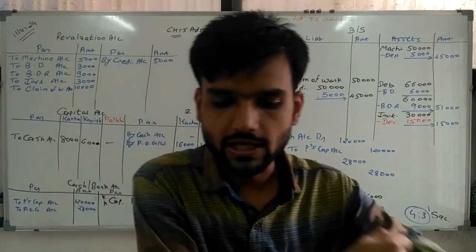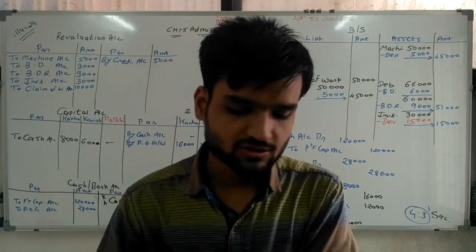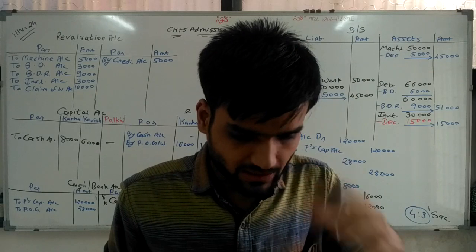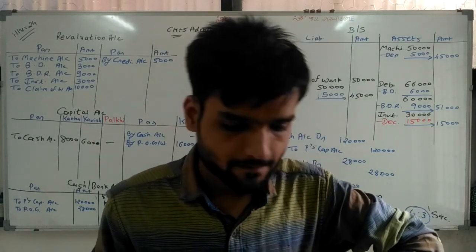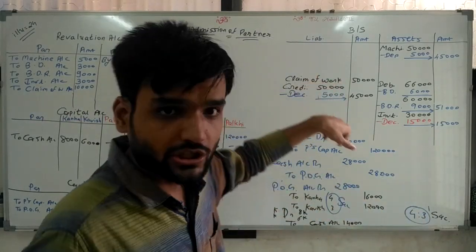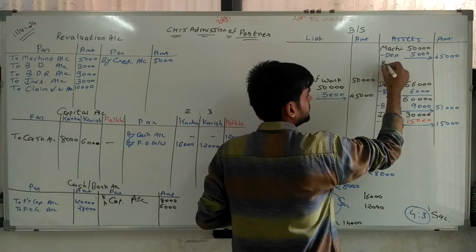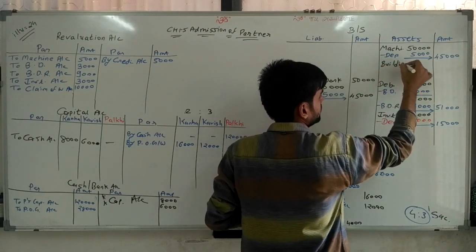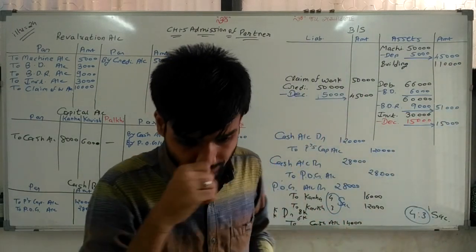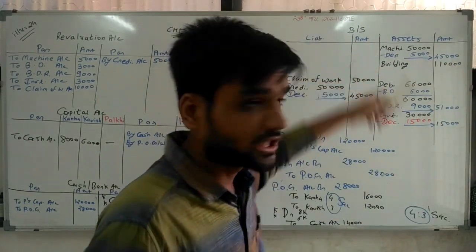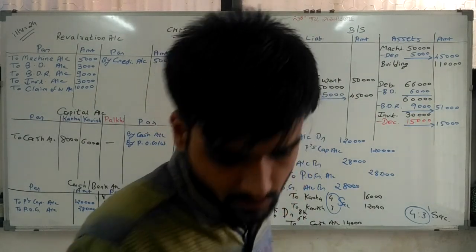Prepare necessary accounts and balance sheet of the new firm. Now, sir, the sum is not completed. Remaining amount in the balance sheet. First of all, we are seeing the asset side. Building is not written, write it down. 1,10,000 rupees is given. Machinery is written. Stock is not written, so write down stock 30,000 rupees.